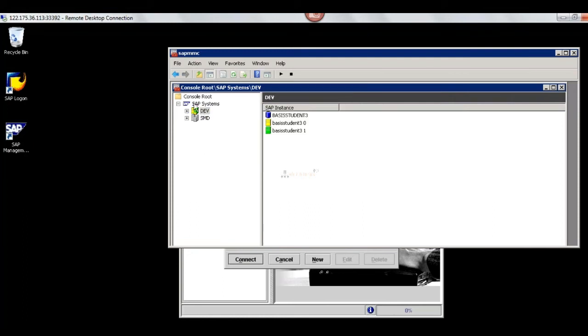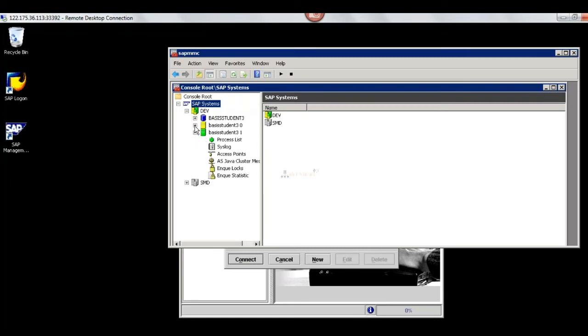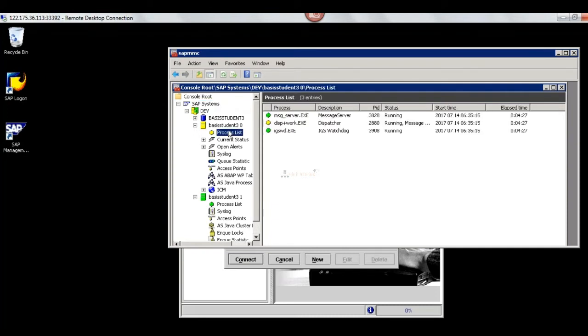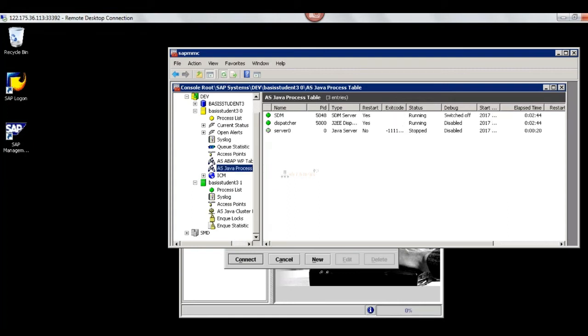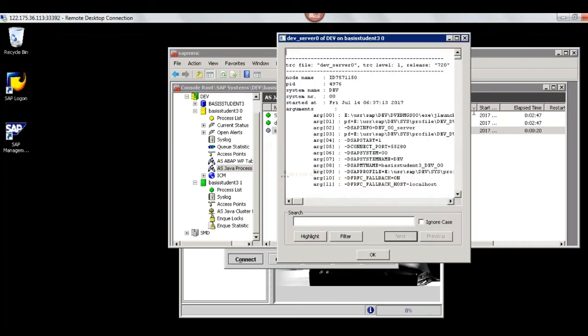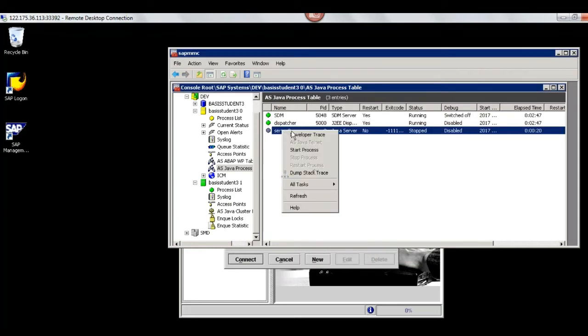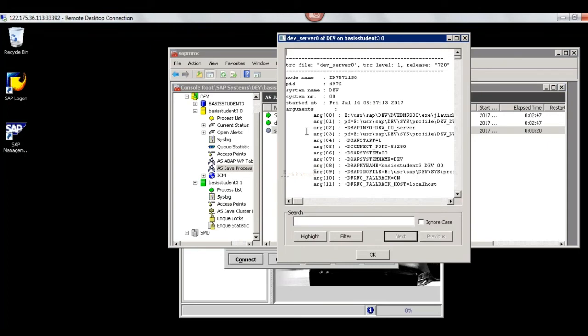Server 0 has been stopped. If any service has been stopped here, right click and go to developer trace.